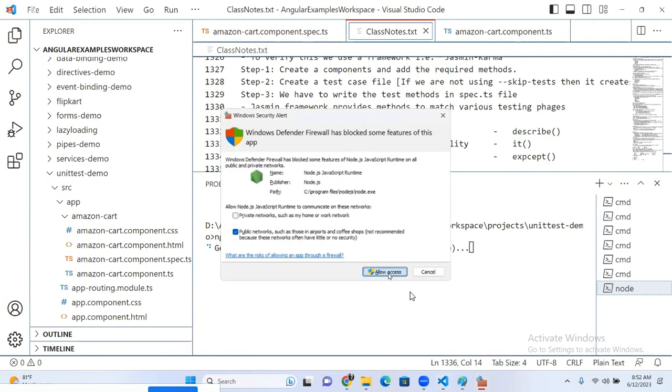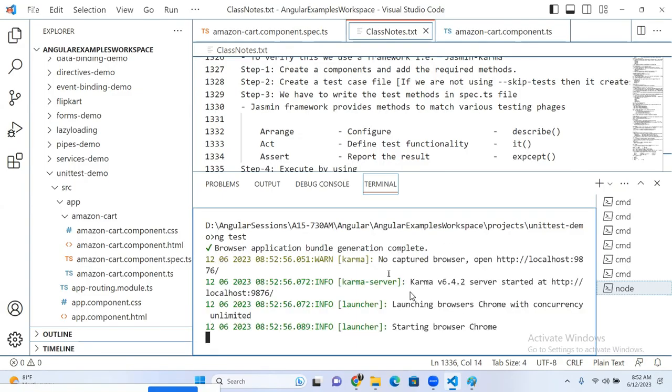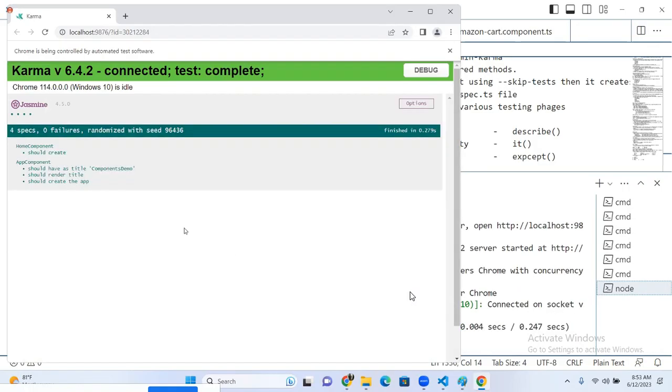Allow access. It might take some time. Please wait. It gives you a clear report also. You can see app component should have the title as app component, and then